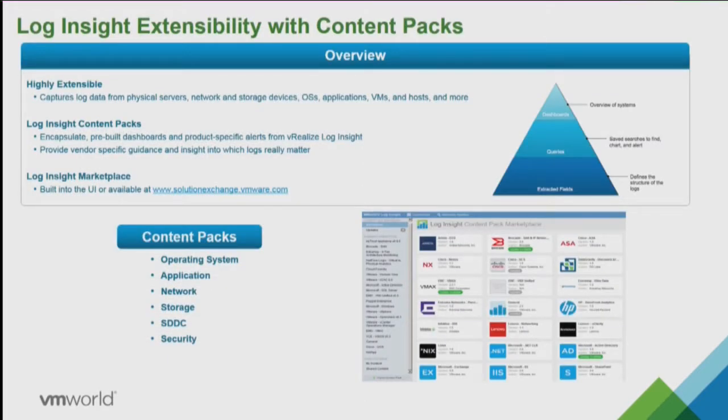This is the expanding world of our content packs. Recently we updated the vSAN ones. There are other ones, I think VIDM and others, that are coming out with content packs. Earlier this week, as part of VMware, I worked with our R&D team for identity management, and we just released the identity management content pack. You heard during the general session a lot about Workspace ONE. So the identity management content pack is out there. It's the 1.0 release of it. Download it,